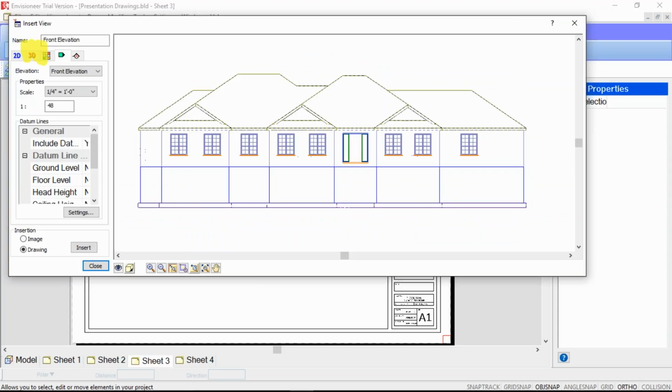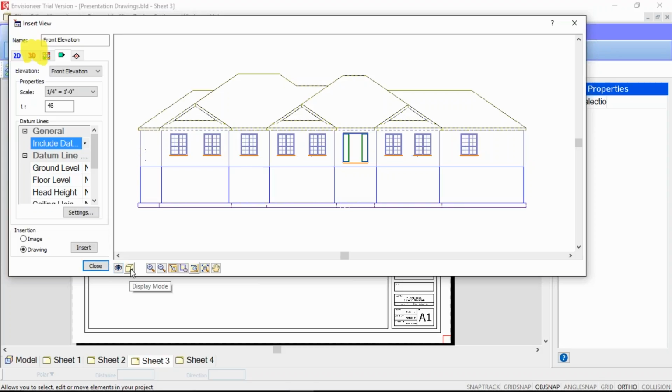A couple of settings here that we might want to deal with so we can set our scale. Datum lines. So when it comes to datum lines, that's a new feature for version 11 where we can actually have our elevations and our different heights inserted when our elevations get inserted. In this case, if we're dealing with a presentation plan, again, that's some information that just might confuse a client. Hey, what's this on here for? They just want to get a general idea of what the front of the building in this case is going to look like. And take and turn datum lines off, set them to no, do not include my datum